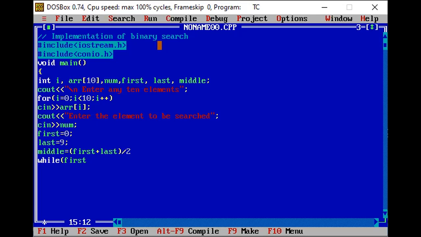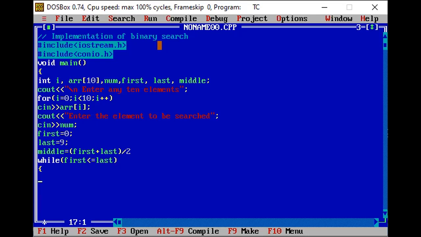So it will start from the first element at the zeroth index and move towards the last element available at the ninth position. So that is: first less than or equal to last, like this. This is how we need to traverse these elements.